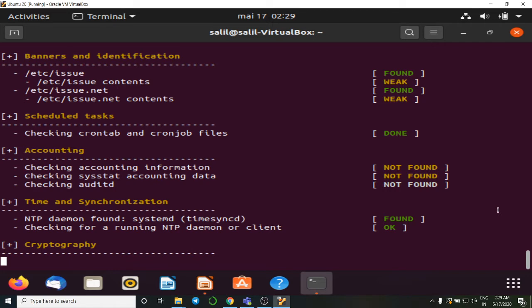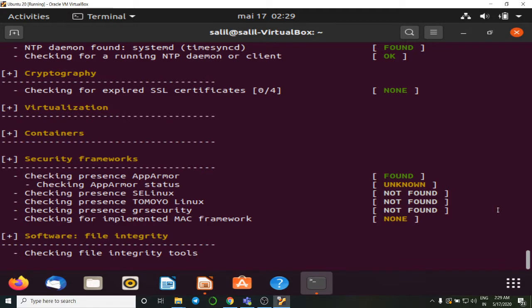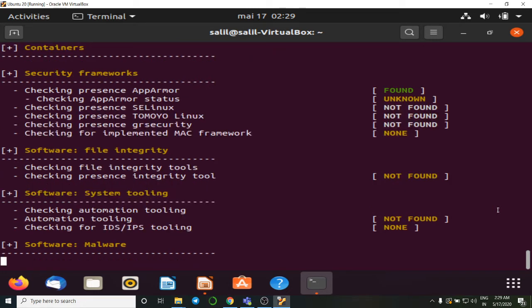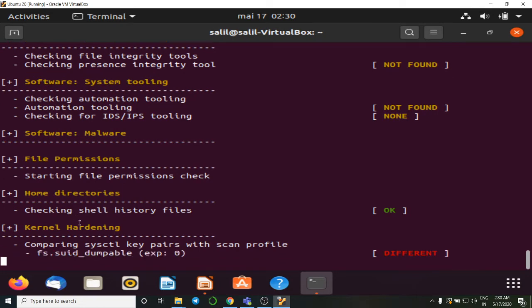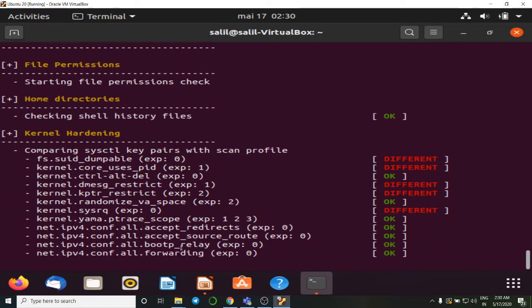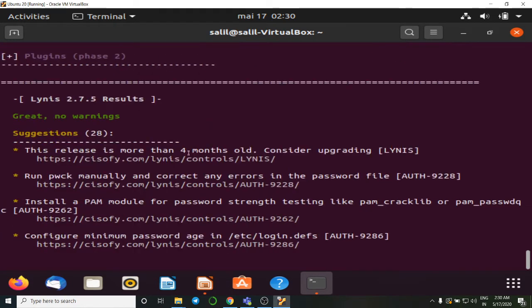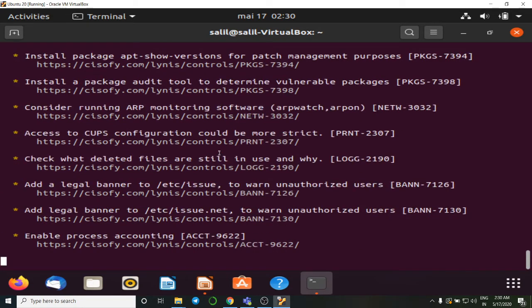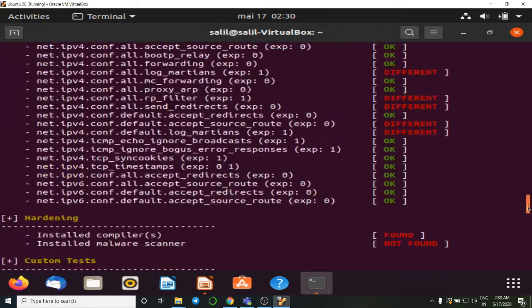So still the scanning is going on through security frameworks, software, file integrity, system tools like automation tools, software and malware, file permissions, home directories, kernel hardening, and at the end of this report it is the warnings and suggestions, and in the end the hardening index.